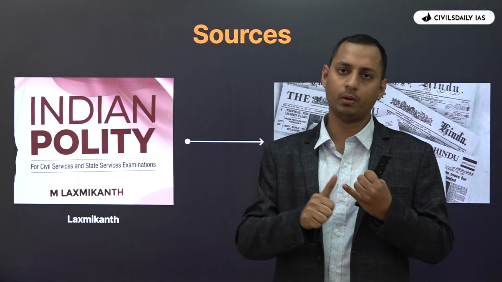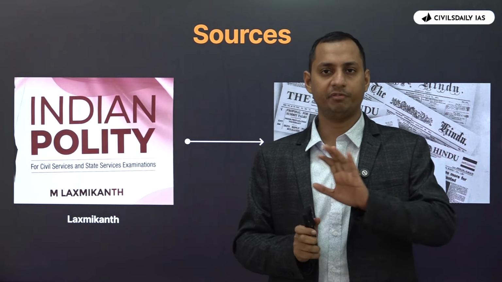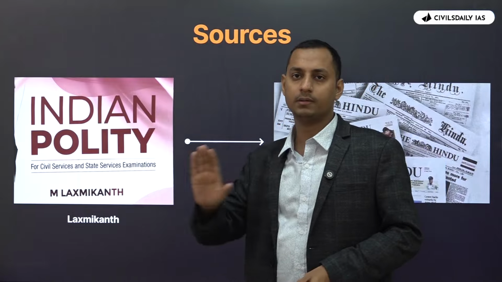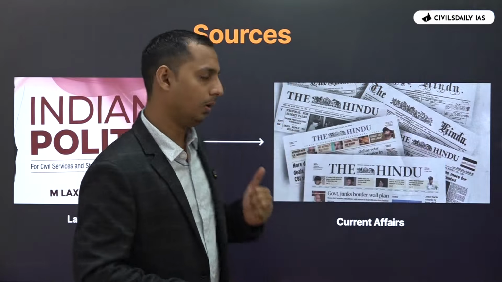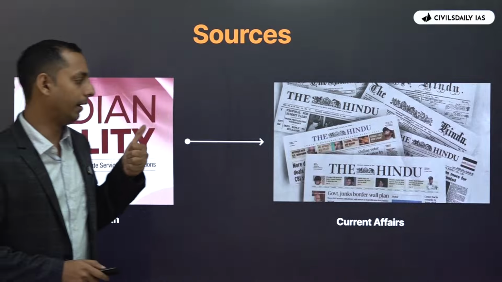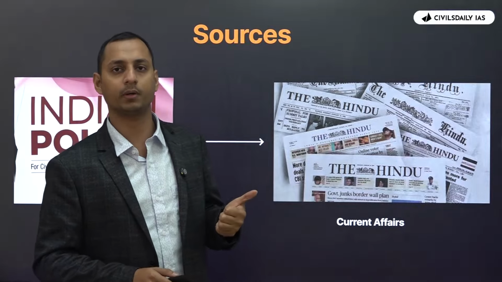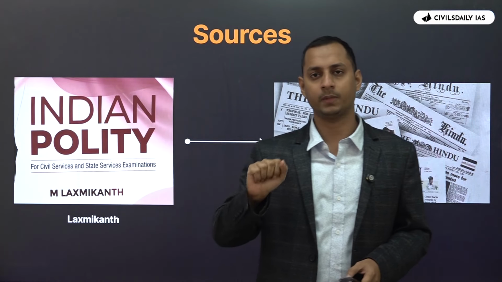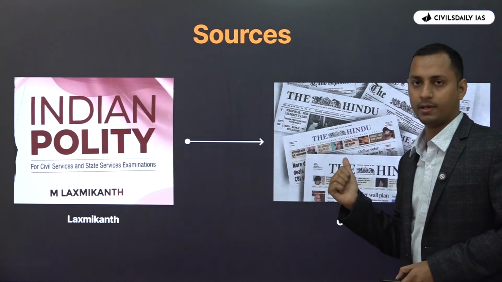So if you have already read Making of the Constitution of the 11th standard and the 12th standard Political Theory, you can revise the same. But if you have not read them, you don't need to start again. You can completely stick to one book, which is Laxmikanth, for the static portions. And current affairs is the next important thing you have to focus on. When you look into the PYQs, you will understand that most of the questions are inspired from current affairs. So Laxmikanth won't suffice. Other than Laxmikanth, you have to focus on current affairs as well.